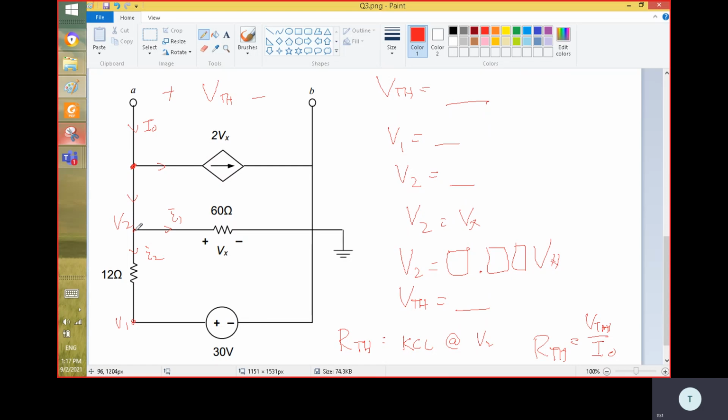And then we also have V2. So V2 is equal to Vx, since this Vx is across the 60 ohm. V2 is what we assume. We assume this node is called V2, and the voltage along this whole branch here is Vx. So V2 is equal to Vx, right? So you solve for V2,